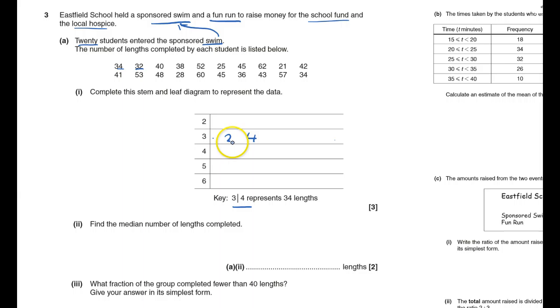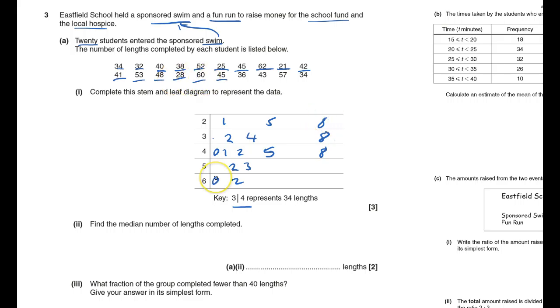32, so 2 goes in the middle of there. 40, 0 right against the 4. 38, so an 8 towards the end of the 3 row. 52, 25, 45, 62, 21, leave space for 20 if I need to, 42, 41, 53, a bit after that, 48 towards the end of the 4 row, 28, 60 right at the beginning of